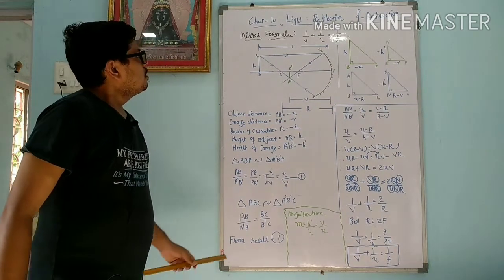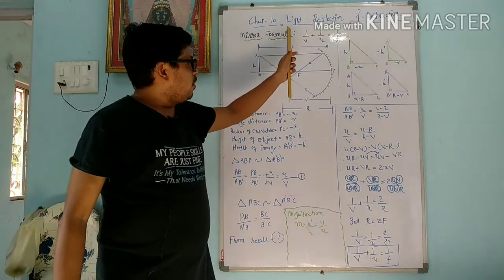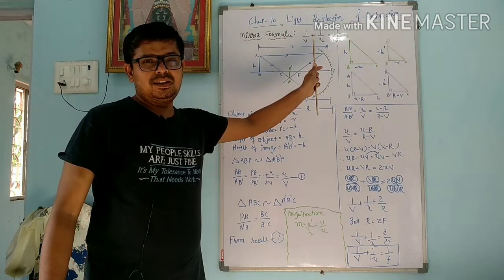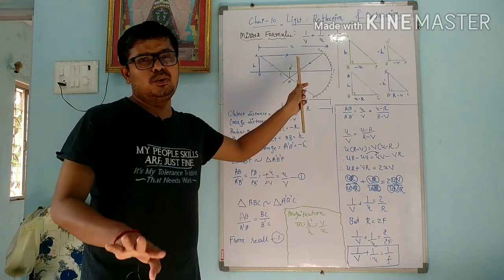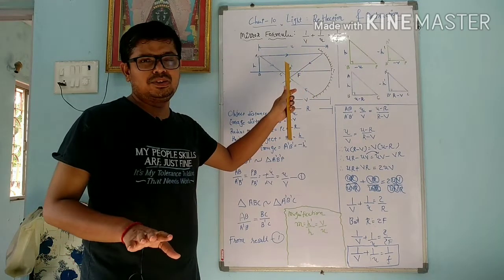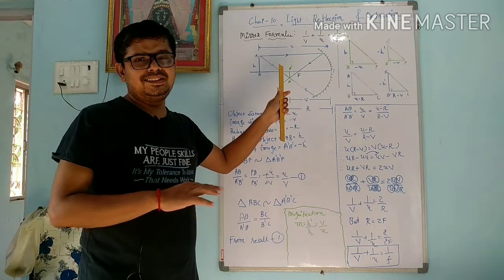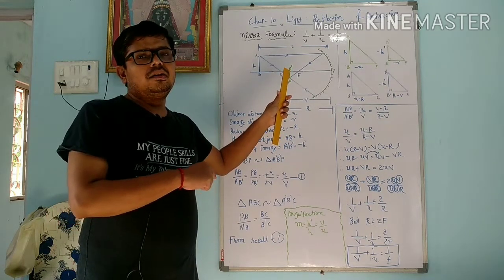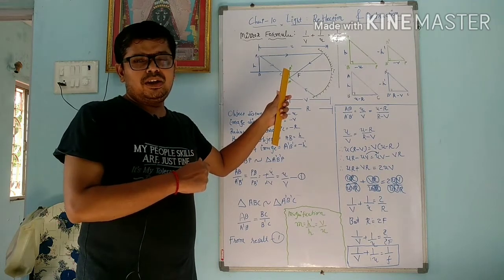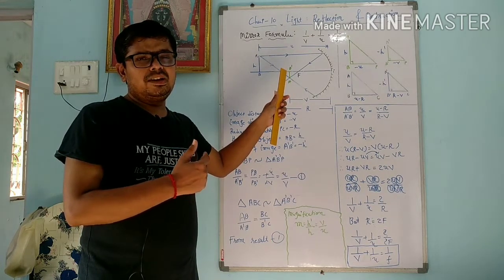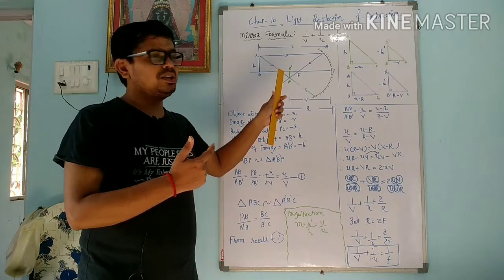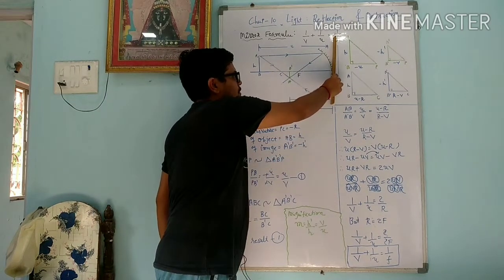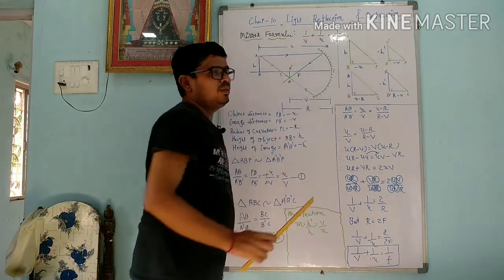Okay. Now dear student, we consider all sides of this concave mirror on the graph, so you understand everything properly, because in a graph 4 quadrants are there. The first quadrant is totally positive, in the second quadrant x is negative, y is positive, in the third quadrant x and y both are negative, and in the fourth quadrant x is positive and y is negative. So you consider this totally on the graph. Graph paper of 4 quadrants you can imagine.